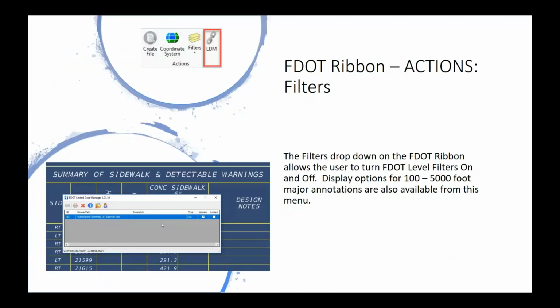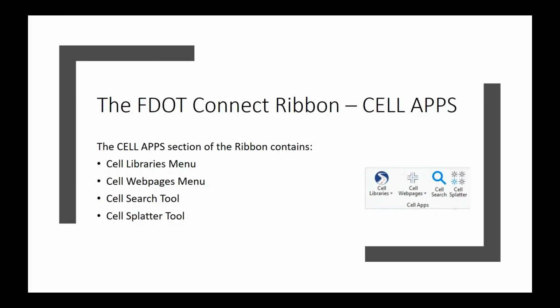The next tool on the FDOT ribbon is Linked Data Manager, or LDM. This might be a familiar tool to you. It's for placing linked text and linked spreadsheet data in DGN files. I'd say most commonly it's used for drawing summary boxes. FDOTConnect is delivered with a selection of templates for standard summary boxes specifically configured to work with LDM. I'm going to briefly demonstrate this tool a little bit later in the presentation because it is a very important tool. The Cell App section is the next section on the ribbon, and it contains the following tools: